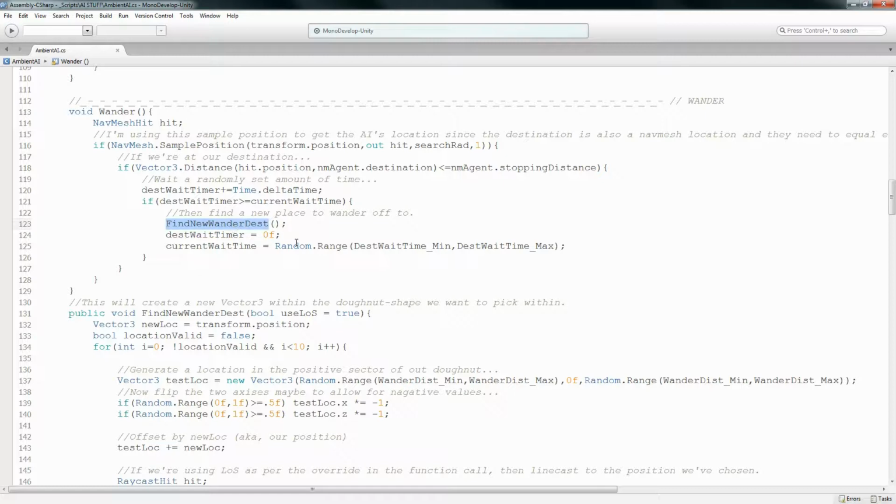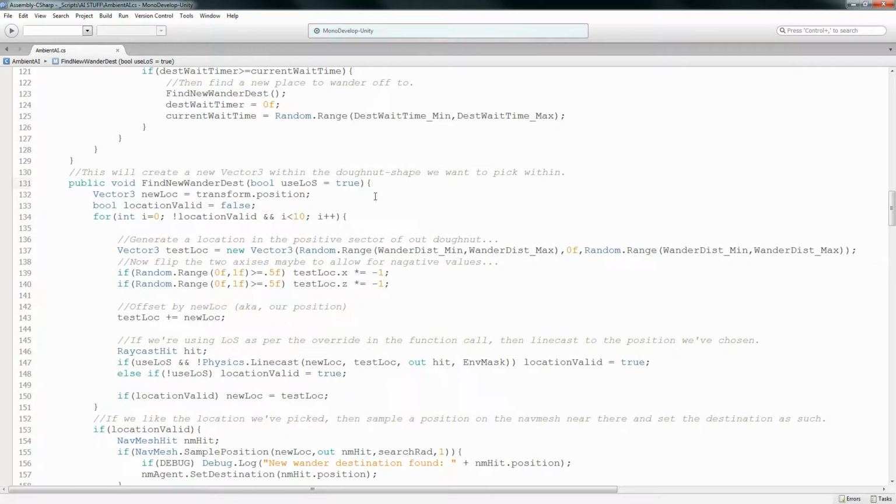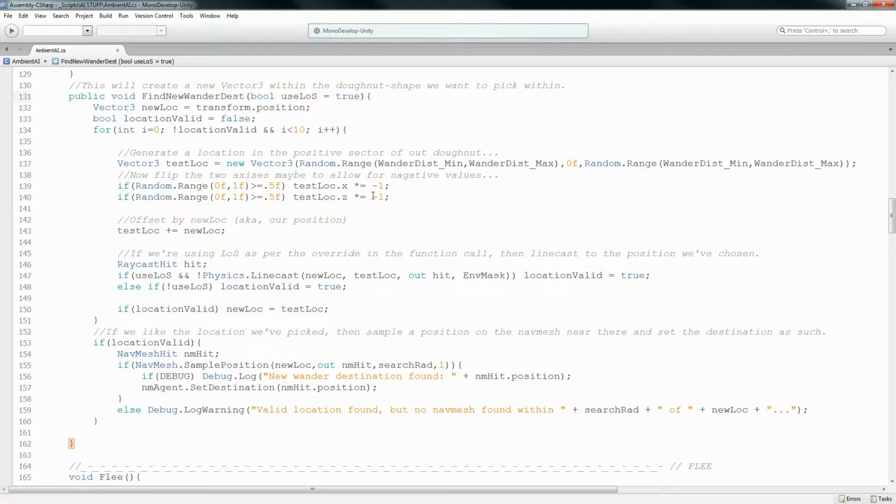So the find new wander destination is actually not terribly complicated. It looks a lot more complicated than it really is, I think. And I think this is one of the things that I ended up overhauling from the last video. So I don't know if I ever showed this or not, but it is different. So I'll talk about what I was doing and what I am doing now, because what I'm doing now is much more graceful and much more simple. So the purpose of this is to return, well, it's to return nothing, I guess, because we're just setting a variable. But